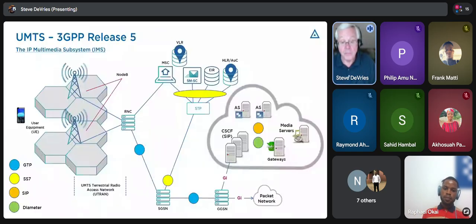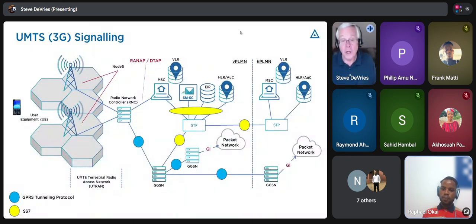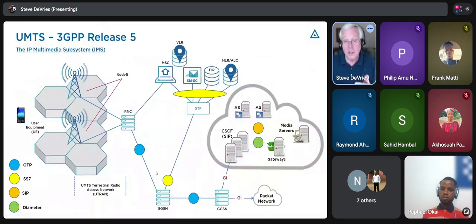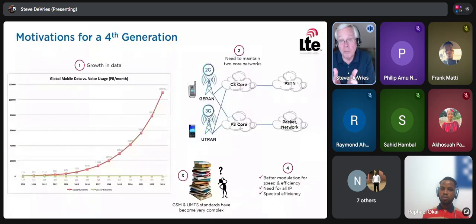If I go back 2 slides, 3 slides, you have a circuit switched core network. That's for your circuit switch services, but this is for your packet switched services. So you're maintaining 2 different networks. And the radio network has to determine whether you're using the network for data or for circuit services like voice.